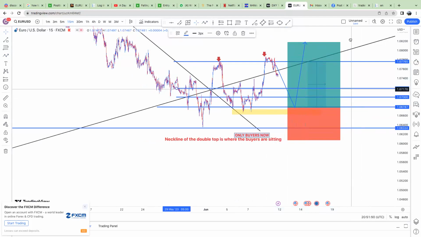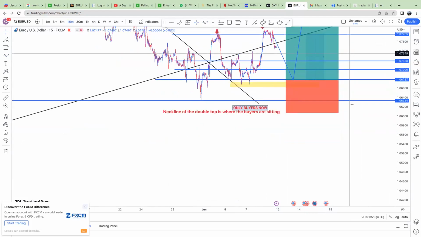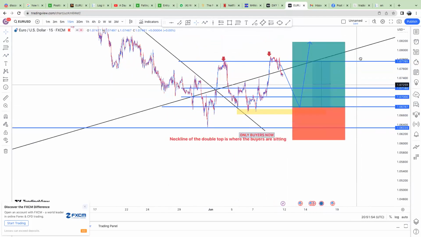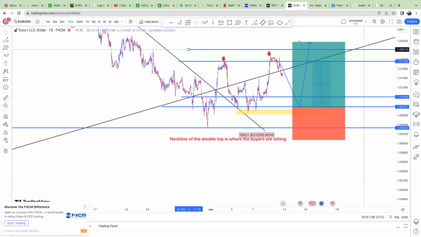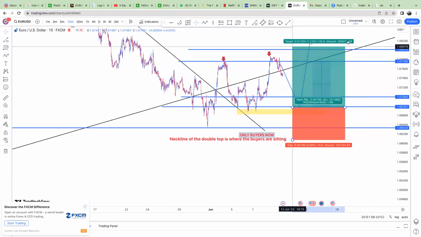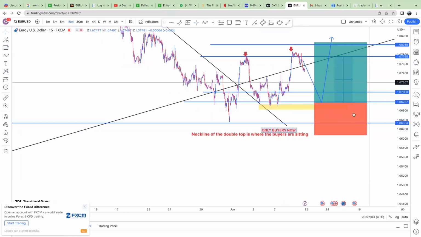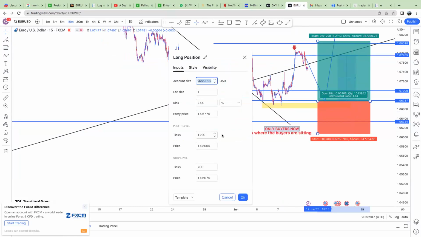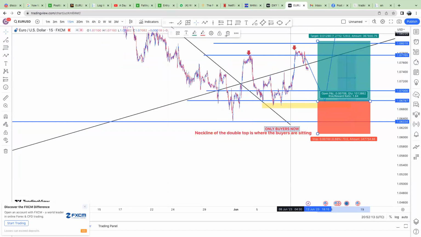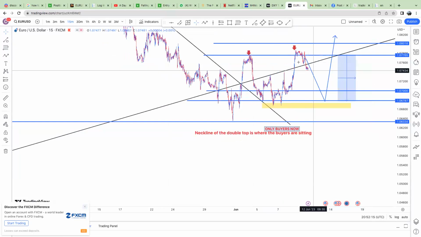To come and test the psychological level of 0.800, around here. So you can put it around here. So this is what a long-term trader should be thinking about. But who has the time to do 700 pips stop loss for 1,400? So that's the challenge. But this way I just showed you is actually the way the banks